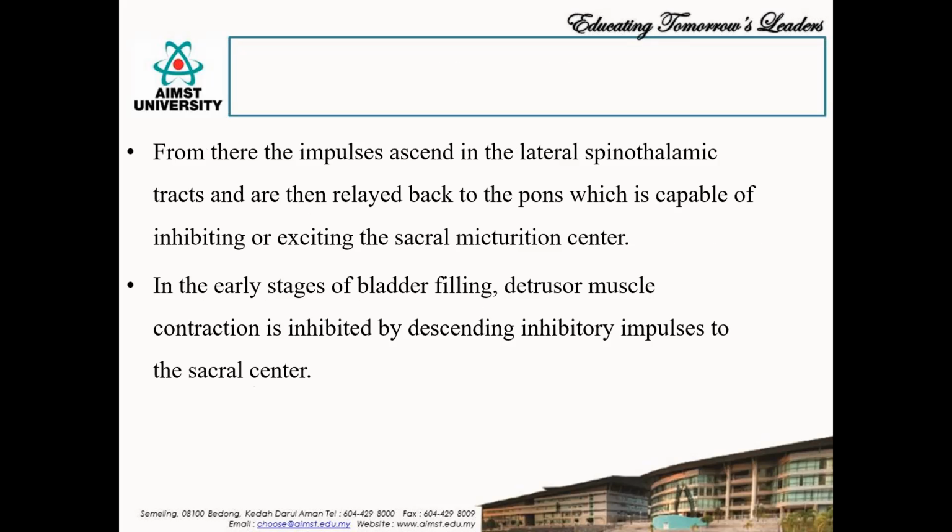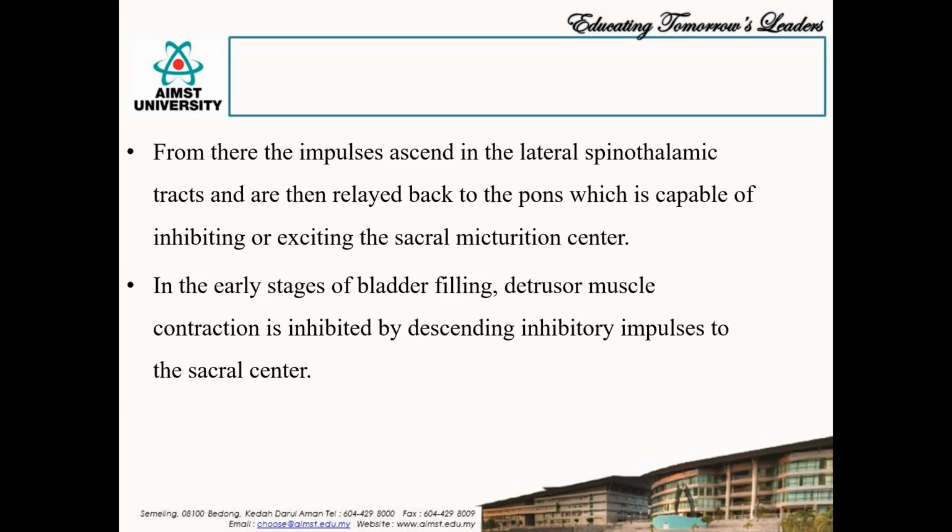Is that clear? So initially there will be stretch receptors that will be activated, and that will be sending the afferent information to the sacral root. So that is through the parasympathetic via the pelvic nerve, that will be reaching the sacral center, that is S2 to S4. So if the situation is favorable enough, then from the sacral center itself, they will be sending the reaction, that is your efferent, that is sympathetic. So sympathetic will always lead to contraction of the detrusor muscle and relaxation of the pelvic floor muscle,